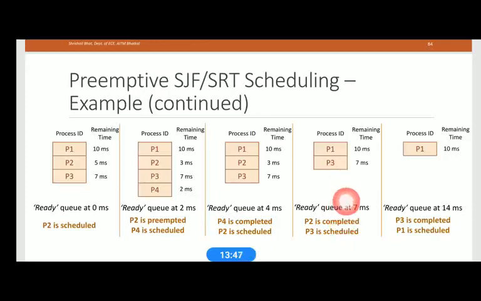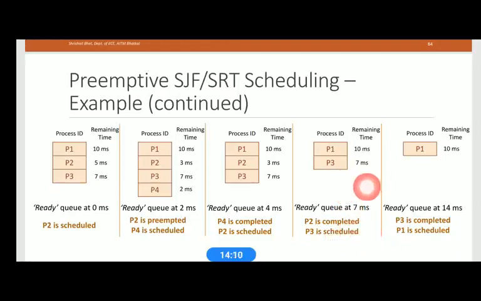After that, once again the scheduler sees the queue has only two processes, P1 and P3. Of these, P3 is the shortest one, hence the scheduler allocates P3 for execution, means P3 is scheduled and P2 is completed